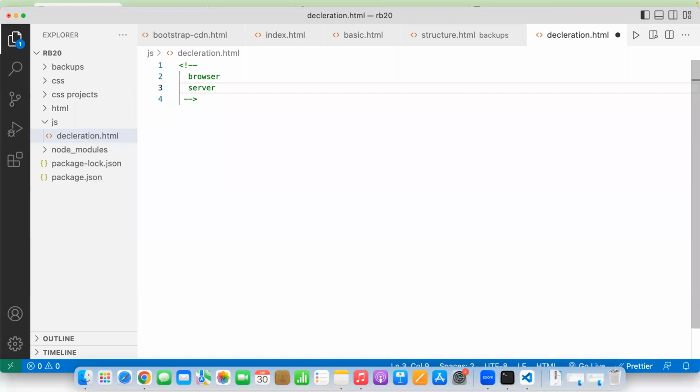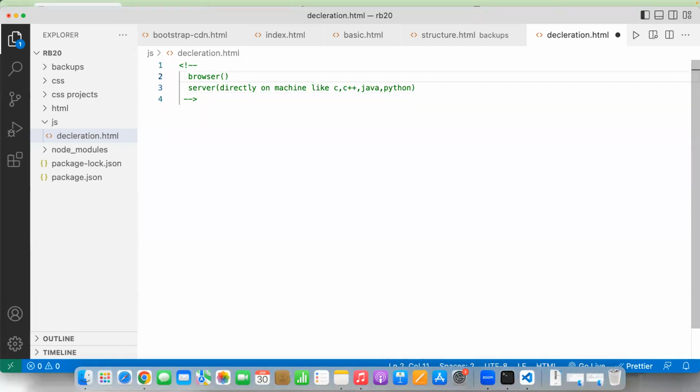Server means directly on the machine, like C, C++, Java, Python. It can be used like a normal regular programming language, and it is the best friend for the browser. Browser ante,